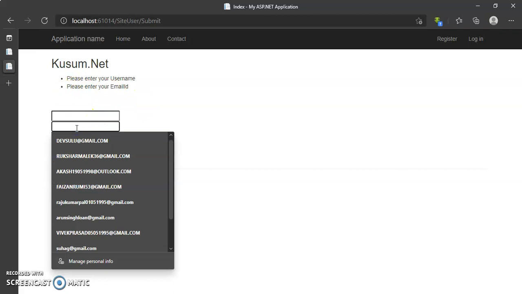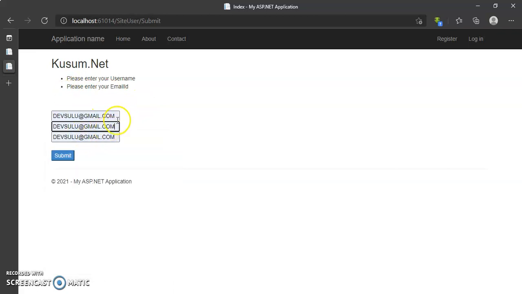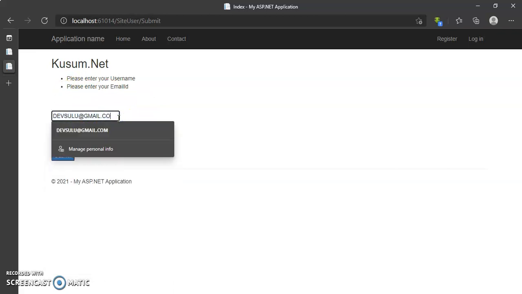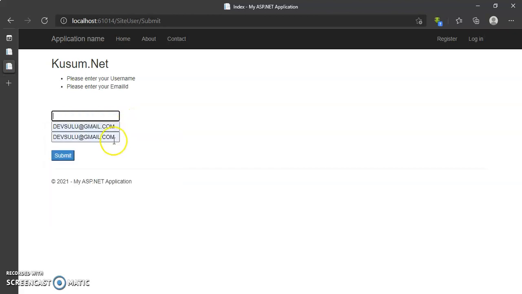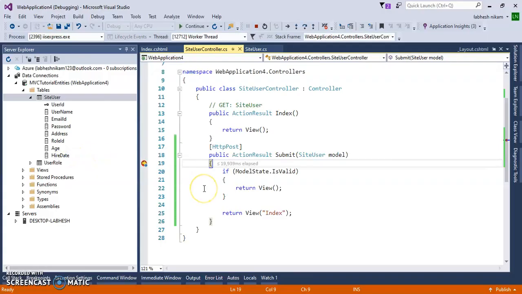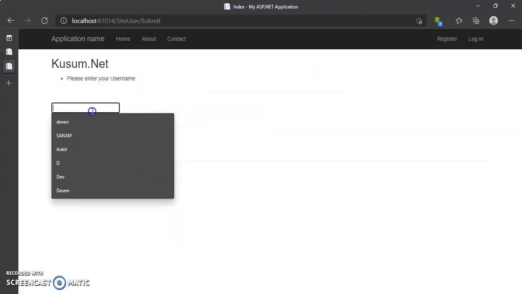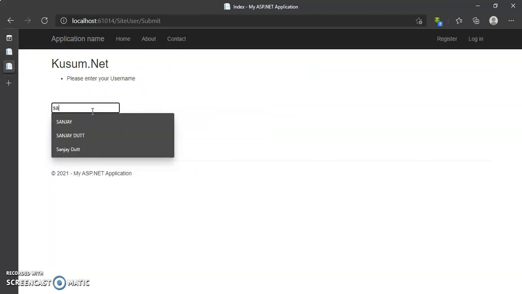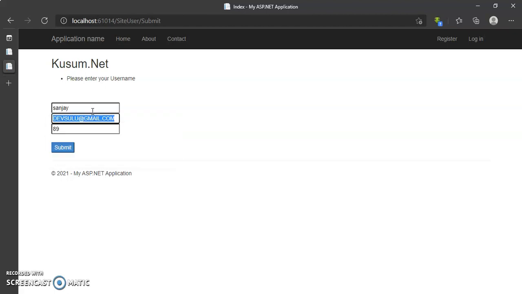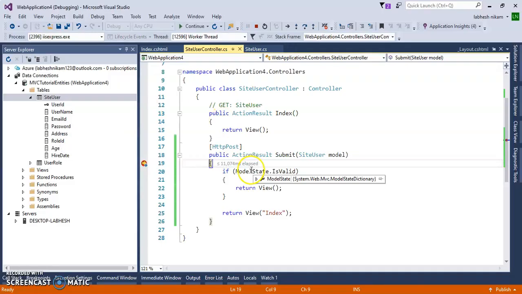If I add the email ID, then the second error will be removed. Press F5, you can see here. Now if I add the name Sanjay, then now no error.